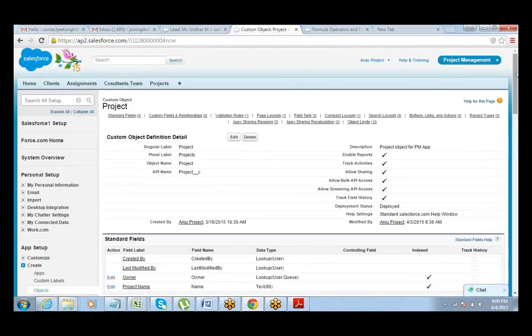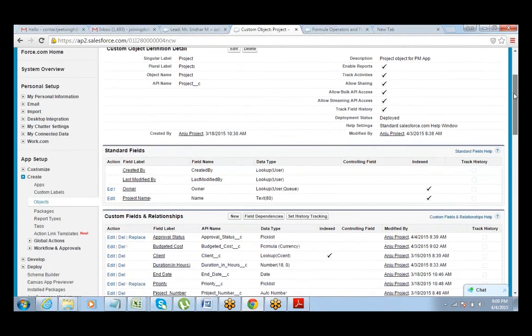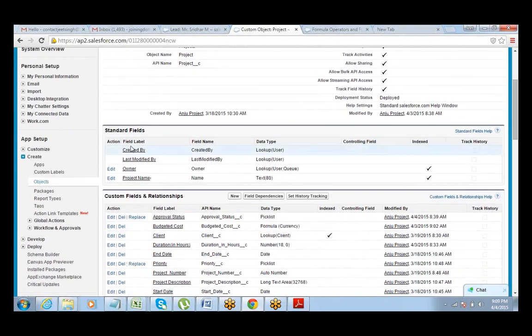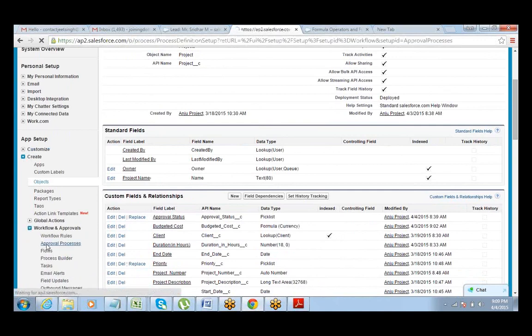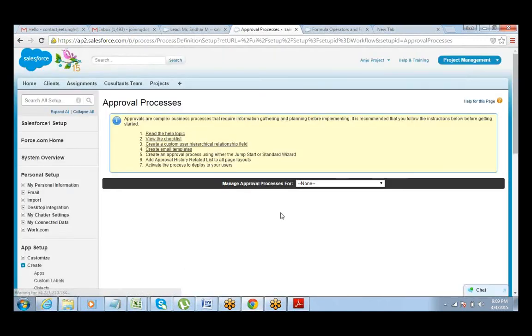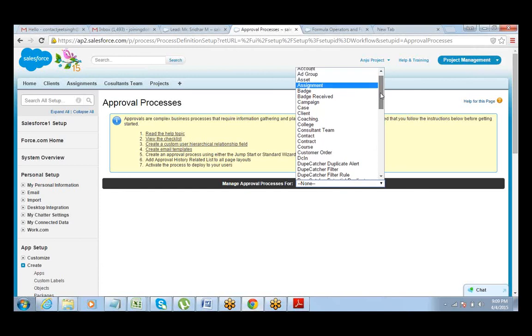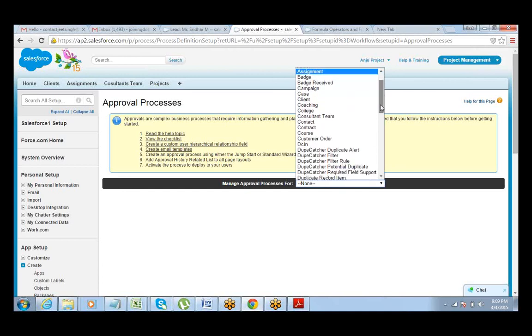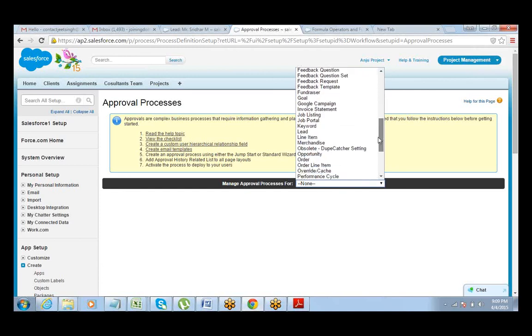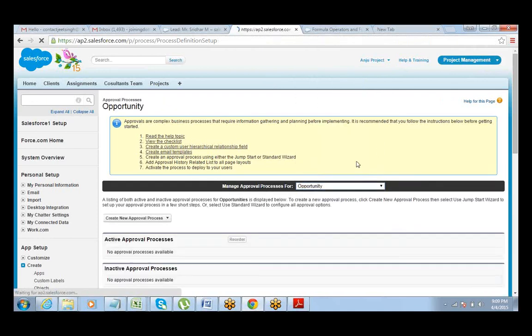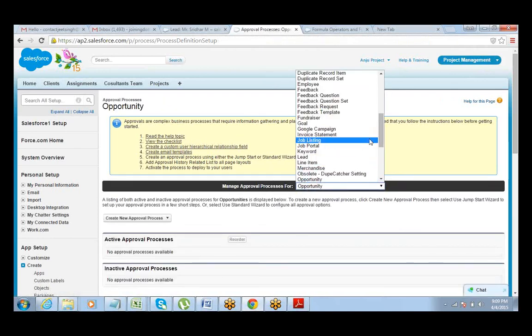So the field is created. Now we start writing the approval process. For the approval process, again you go to setup, create workflows and approvals. Go to approval processes. Under that we select the project object.